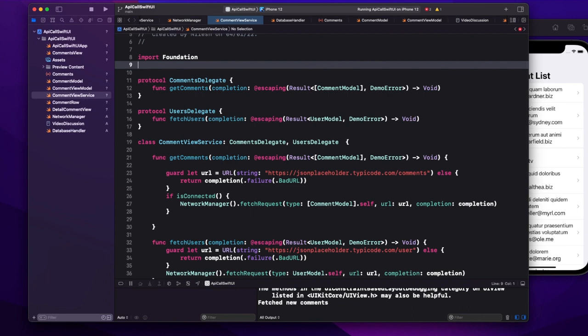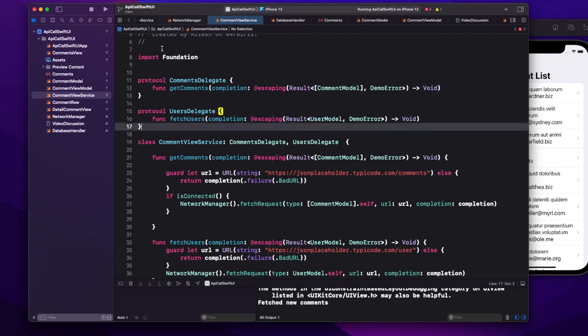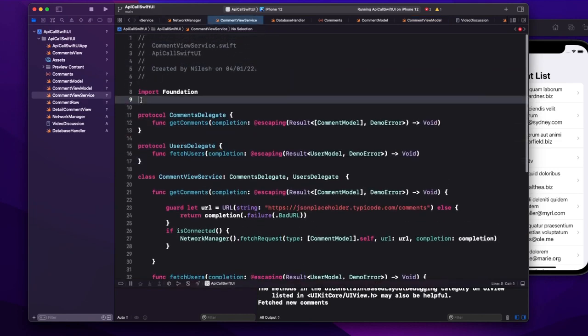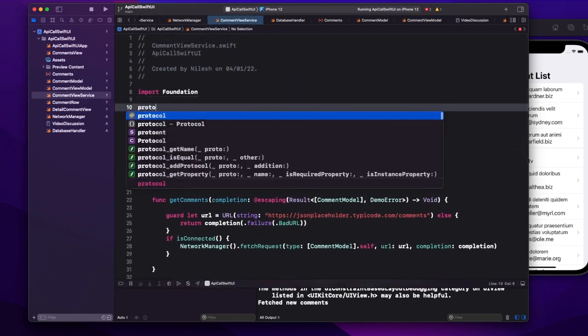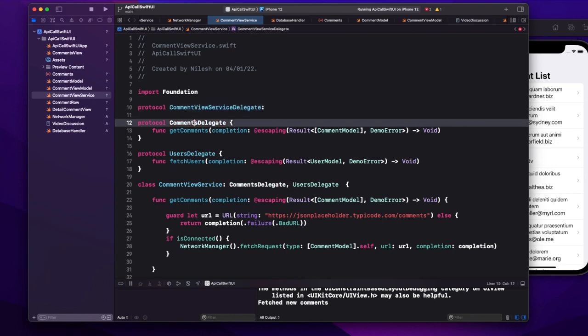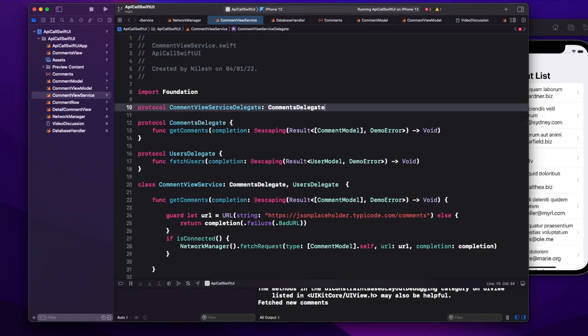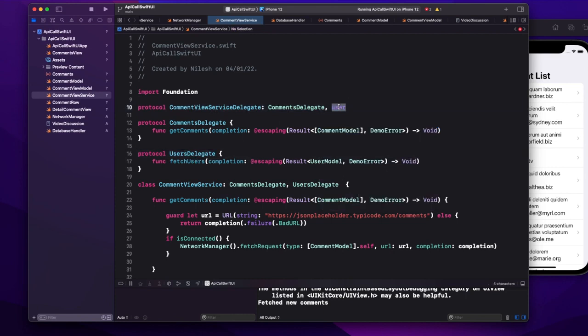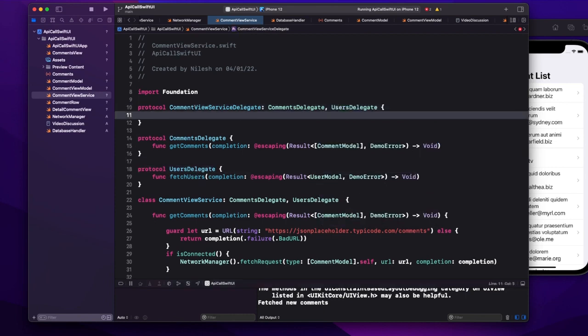That means we can combine two protocols and name it as a new protocol. So what I'm going to do, I will just use the same protocol name that I have here. So I write a protocol, and this protocol will just conform to comments delegate and user delegate, this one. Okay, now if I build it,